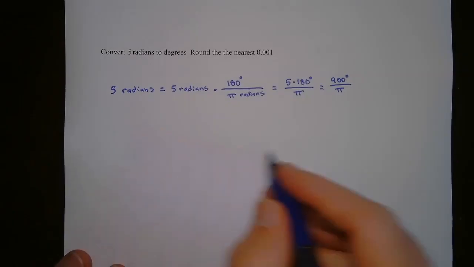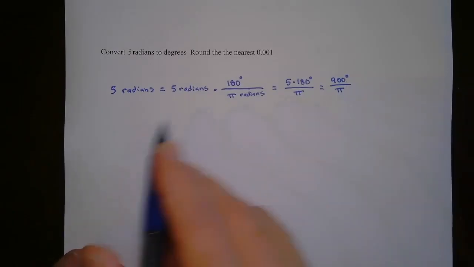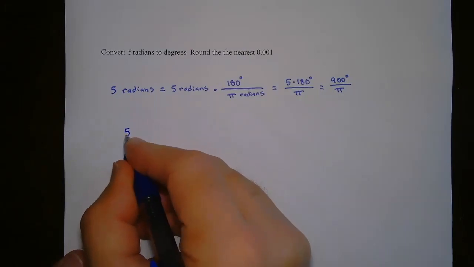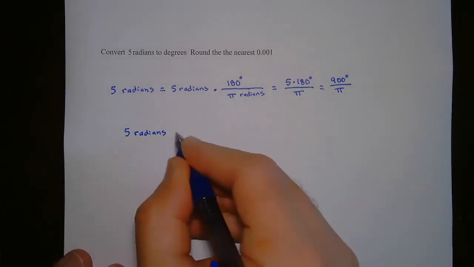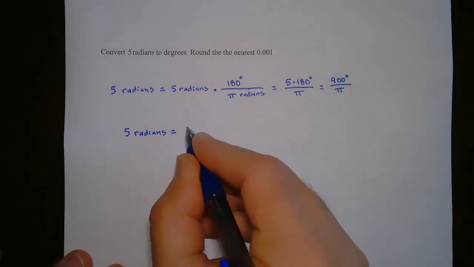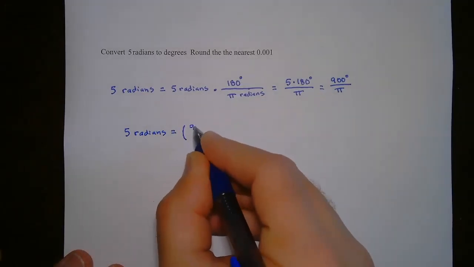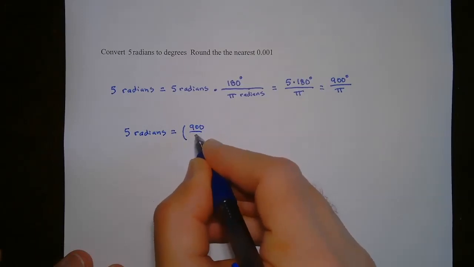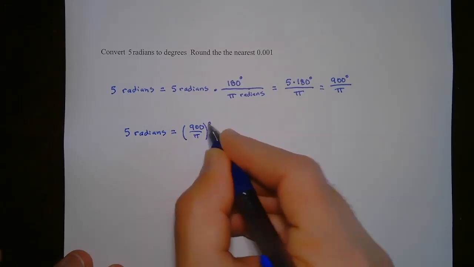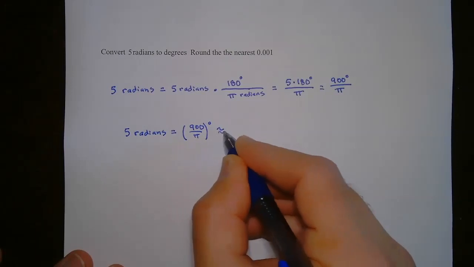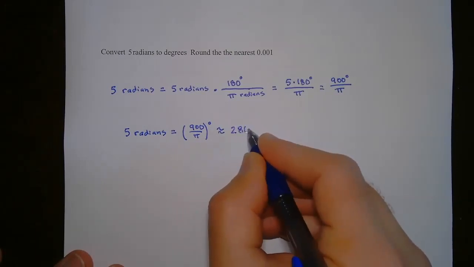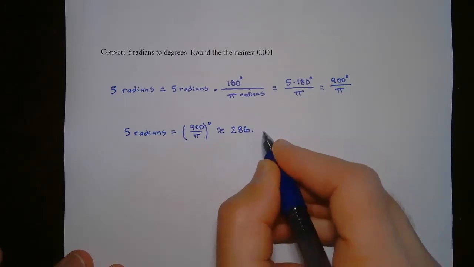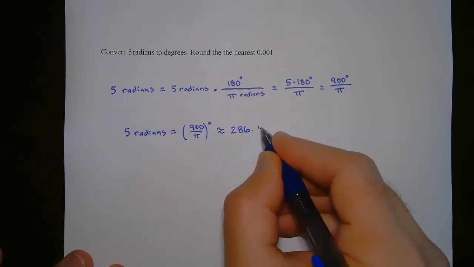So we know that 5 radians is equivalent to, and I'm going to put parentheses here, 900 divided by pi degrees, which is approximately 286.479